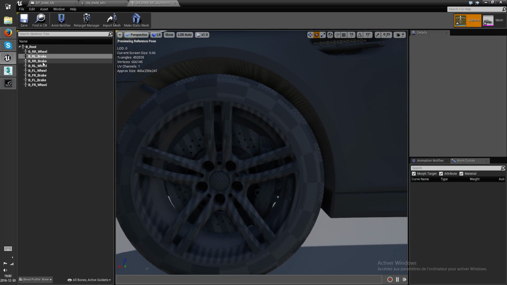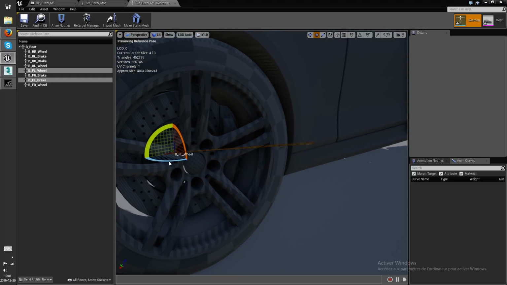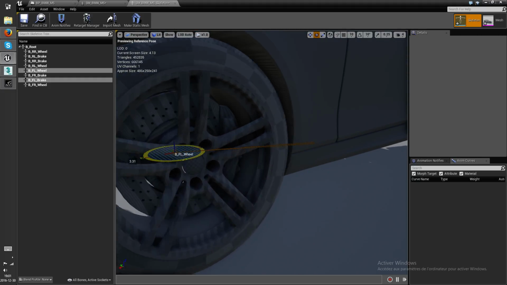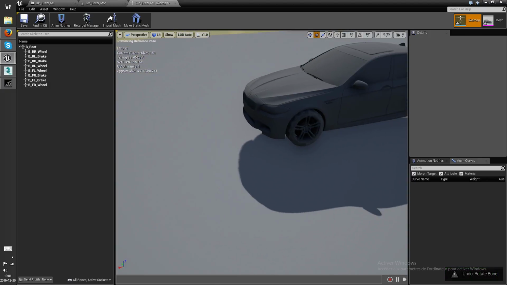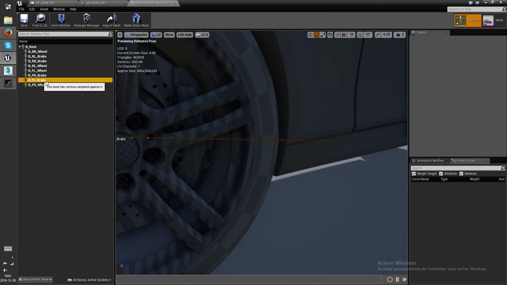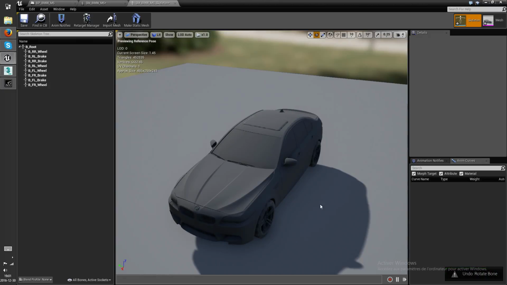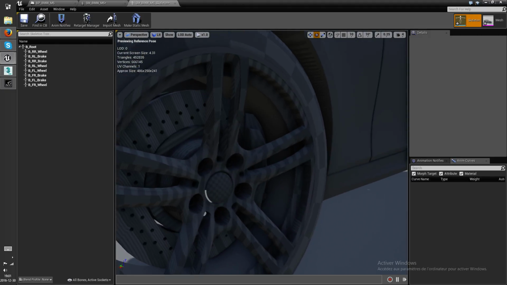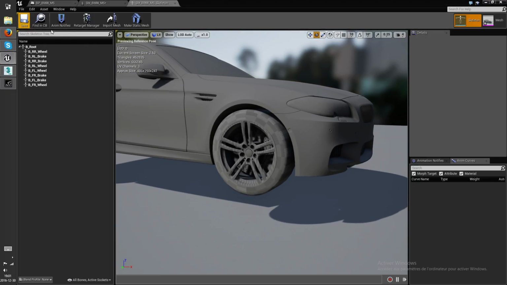And so, can I select more than one bone? Yes. Front left wheel, front left brake. Okay, yeah, I can select more than one, but I can only move one at the same time. Okay. It's kinda disappointing. Anyway,